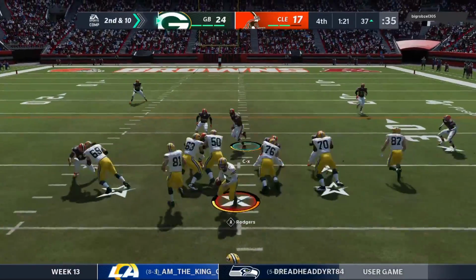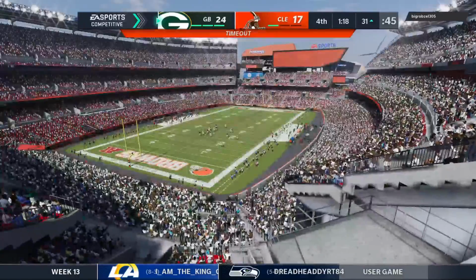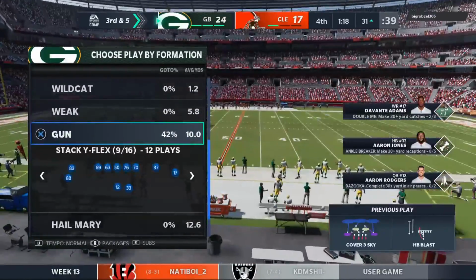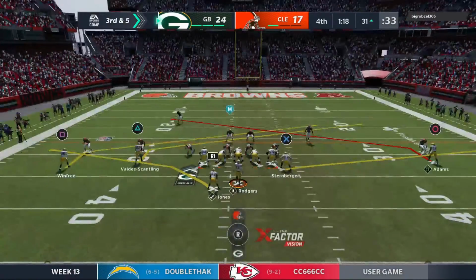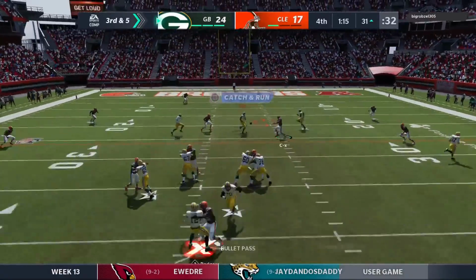Second and 10. They'll go again to Jones. After that run, still a good amount of meat on the bone here for this third down play. Can you envision them putting this in the air? Totally. I mean, look at who he has under center right now. If you can't trust him with the football, you can't trust anyone. And frankly, to me, I want the ball down the stretch. Get the first down, keep it in the hands of my...